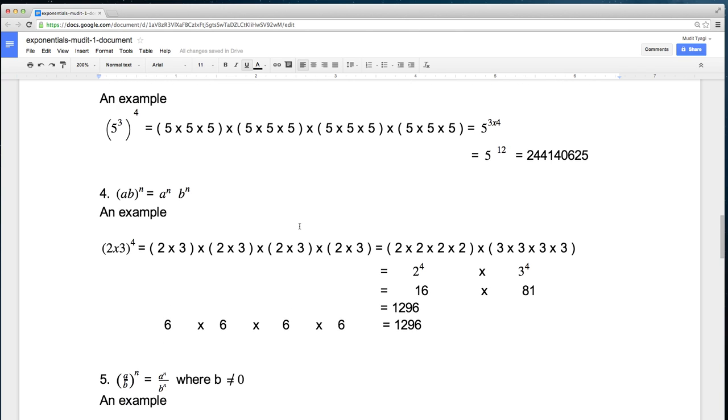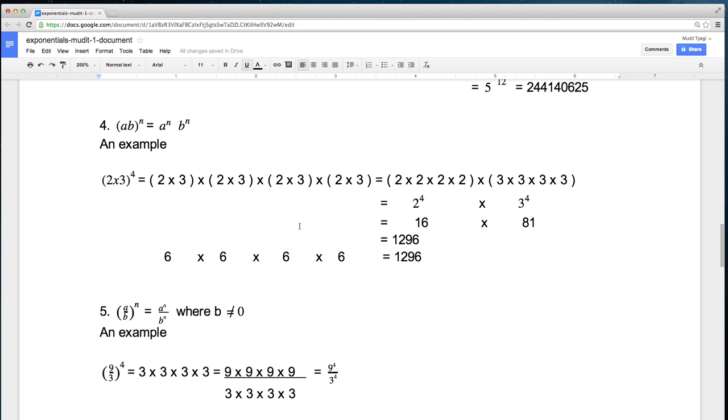Okay, then we have another rule. If you've got a times b to the power of n, that turns out to be equal to a to the n times b to the n. So let's take a look at an example